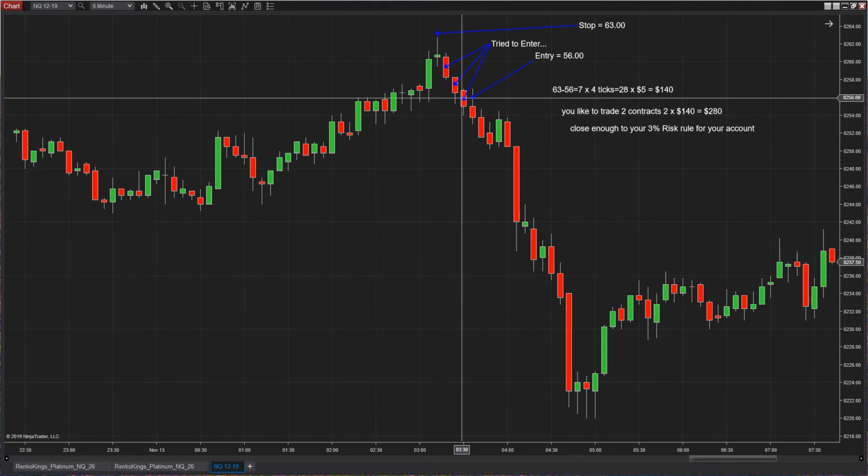So if your account size is $5,000, typically you're looking to risk no more than 1 to 5% per trade of your account. Now, the reason I say 5% is if you're trading a small account, you have no choice but to go 3, 4, 5, 6% of your account. Okay, you're just going to have to be willing to accept that amount of risk. The larger your account is, well, you can drop that risk down to 0.5% or 1%